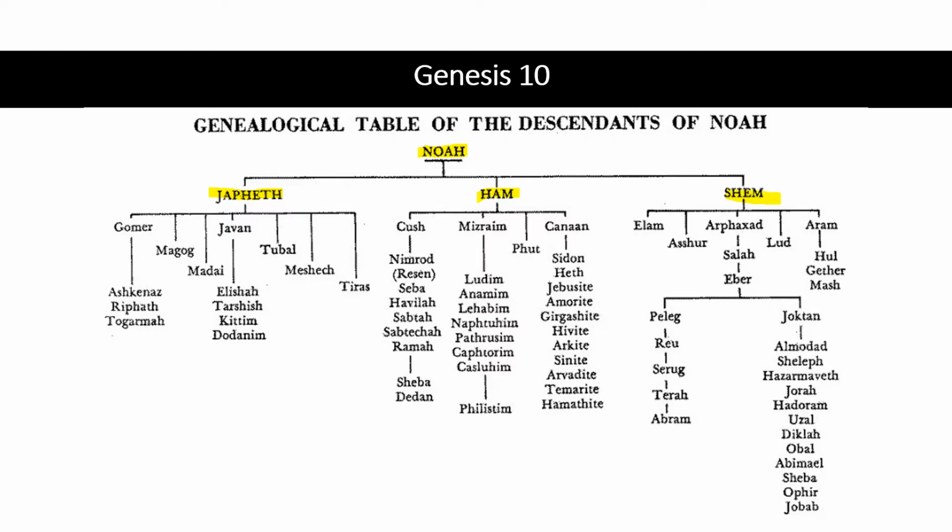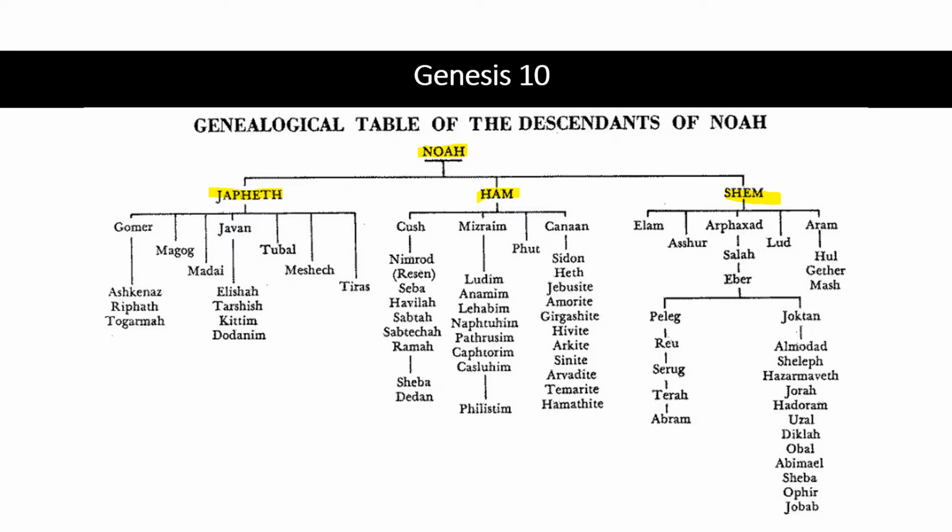Okay, and this genealogy is so easy because they're breaking it down. So as you can see, Japheth had a child called Gomer, and all of them are male. That's why they have their names here, because remember, in the olden days in the Bible, for a woman, you had to have done something, or your name had to actually mean something for you to be written in the Bible. So Japheth had Gomer,